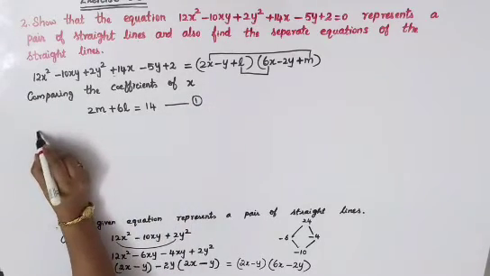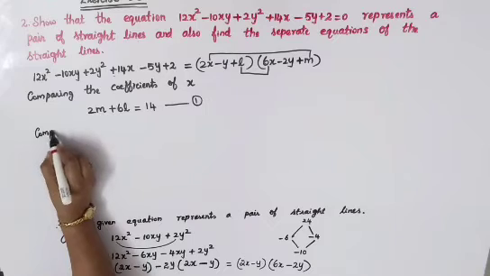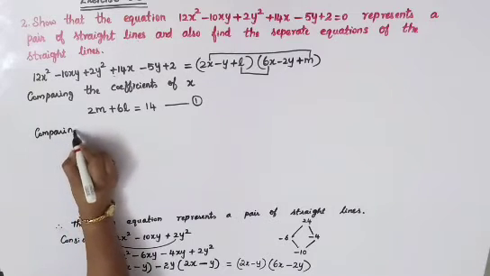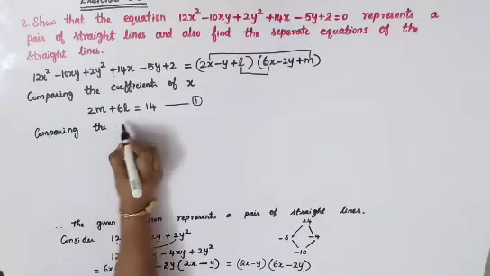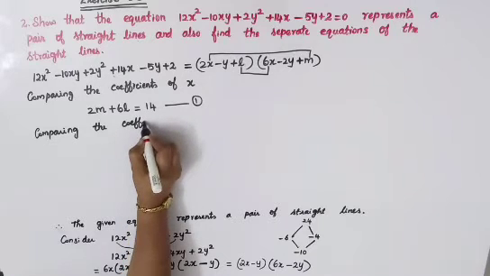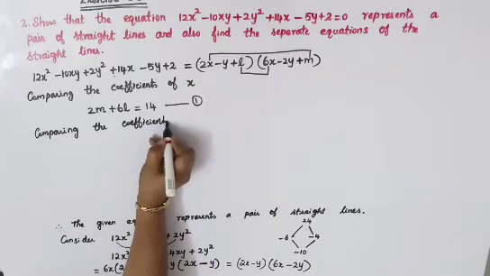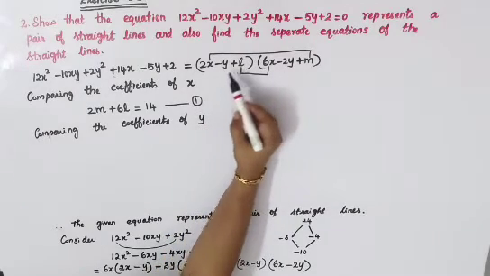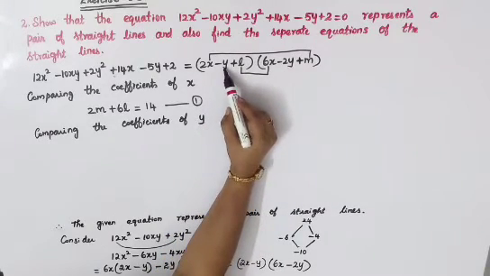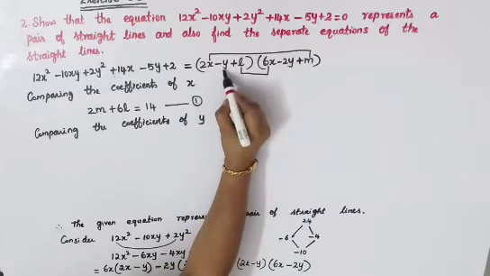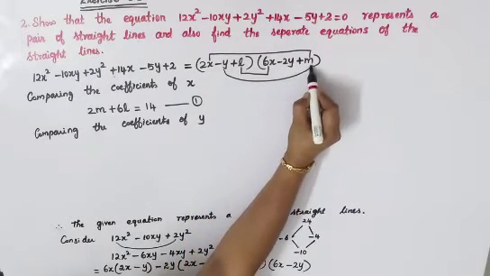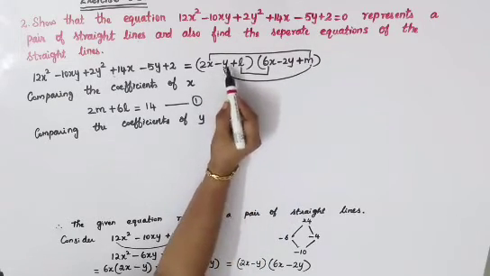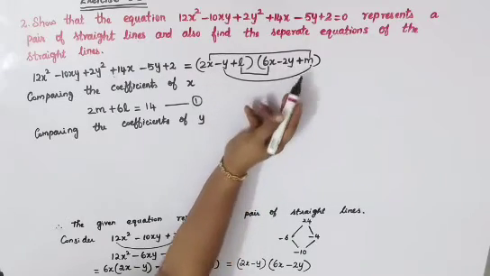So now comparing the coefficient of x is over. Now we'll have to compare the coefficient of y. Okay, so comparing the coefficients of y. So again the same thing. Here if you take the y term, here you will have to go to the constant. So I'll just draw like this. So here minus y and here m is there. So I'll get minus m.